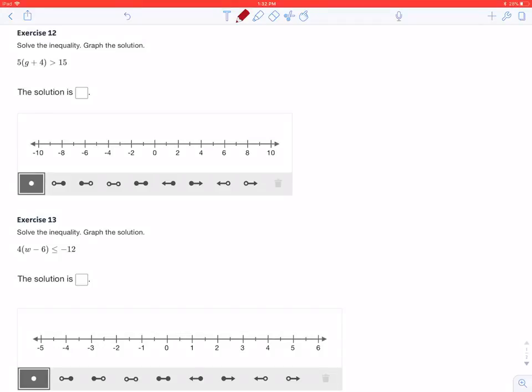Exercise 12. Exercise 12 requires us to use the distributive property when we're solving out for the inequality. Now, there's two different ways to solve any inequality that includes the distributive property, and I'll show you both ways